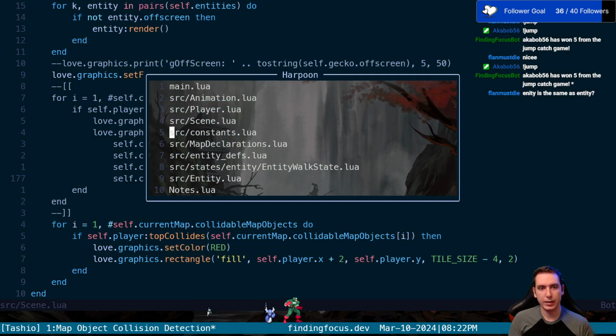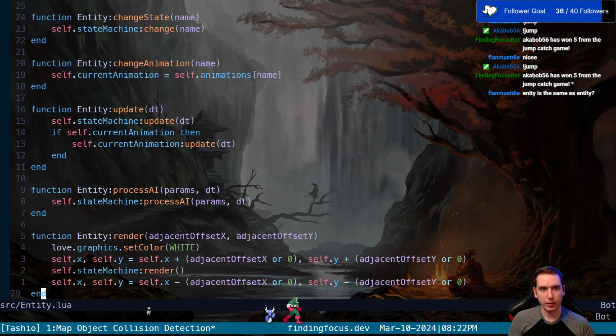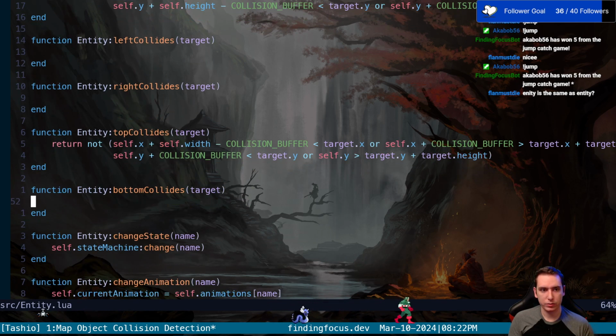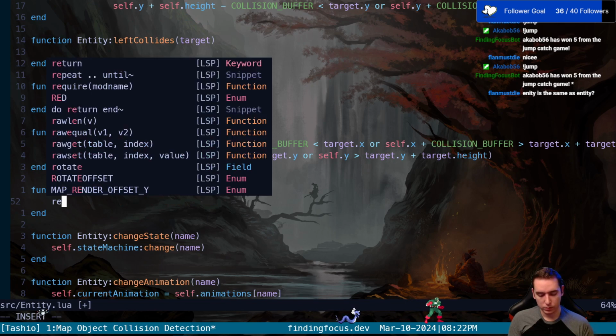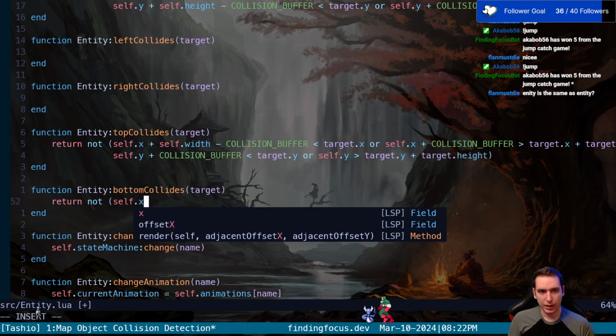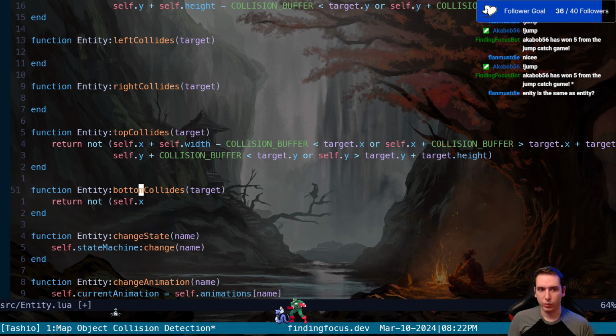Let's go into our entity. Now we've got our top collision. That's looking right. So let's do our bottom collision. So we're going to return the opposite of an impossibility of a bottom collision. It's hard to think about this because it's like we're trying to... The return not here is because we're asking whether or not a collision is impossible. So like we're checking what couldn't be a collision,